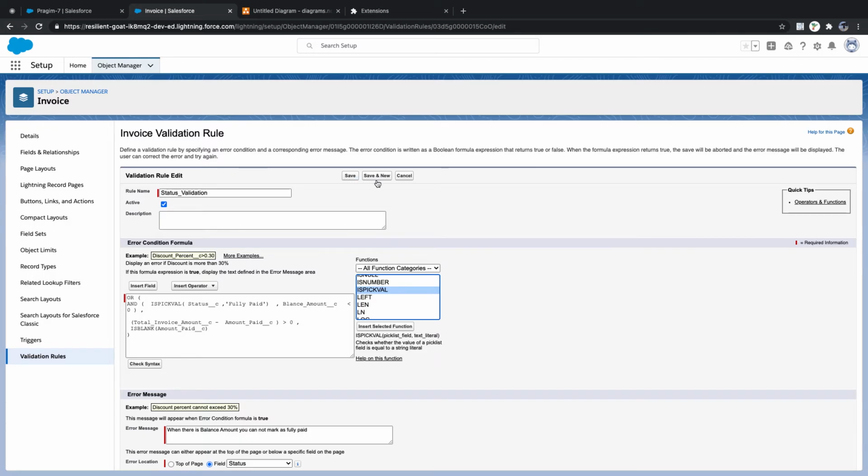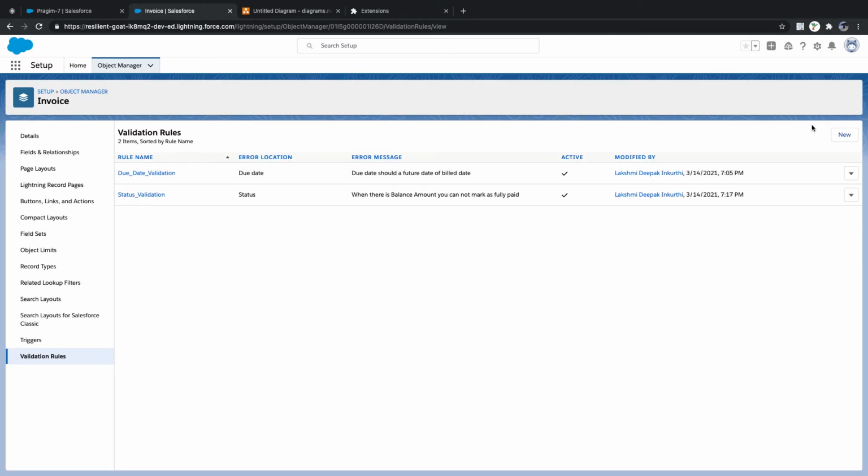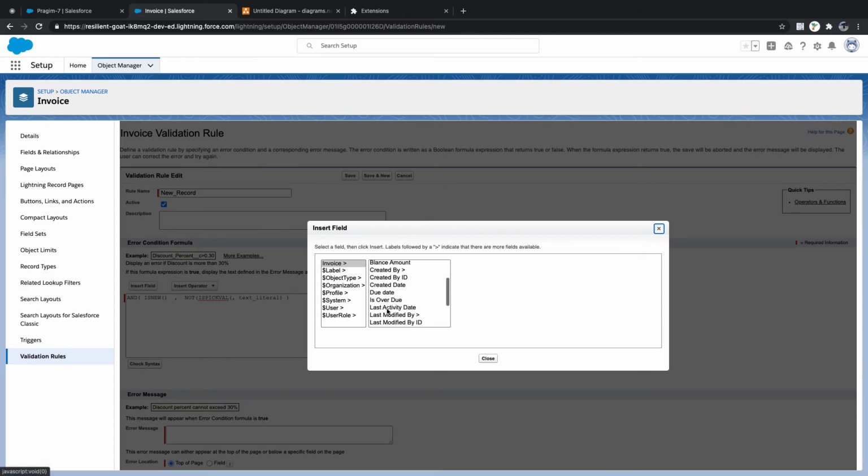So for that, we can have another validation rule saying that whenever I'm creating a new record, we have a condition on isNew. There is a method called isNew, meaning the record is being created for the first time. And I'll use isPickval. If it is not of, meaning not of true equals false and not of false equals true. I'll say status.